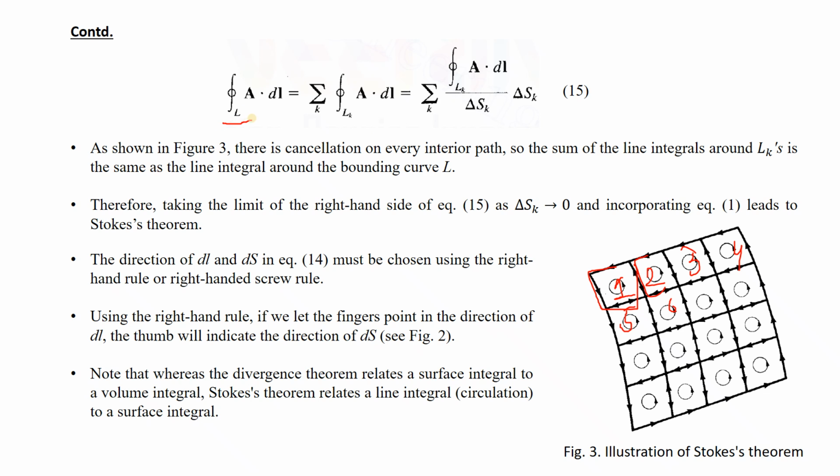So what we are doing, we are converting this total closed line integral into the closed line integral of individual cells, first cell, second cell. Then we can convert into the